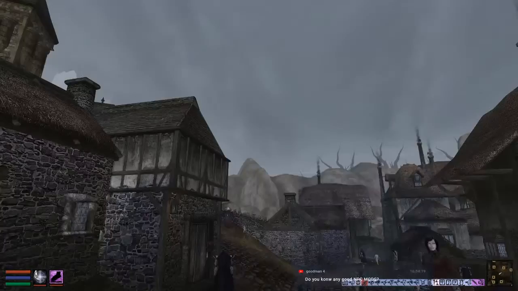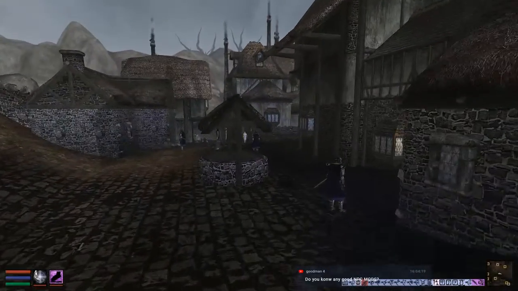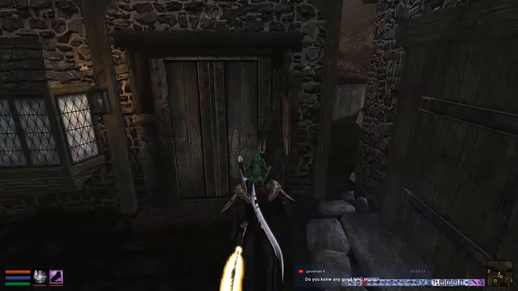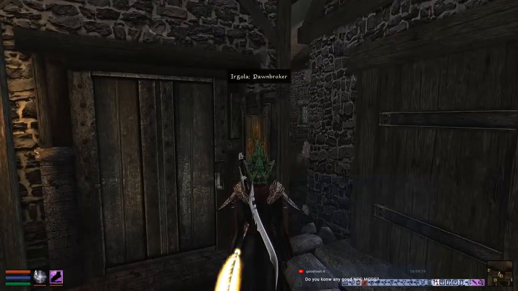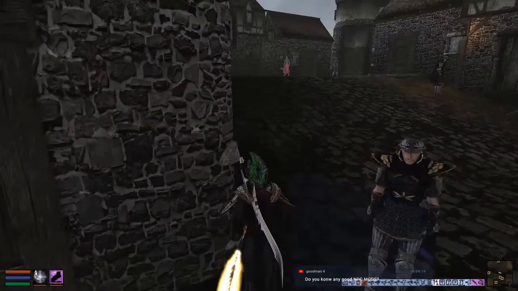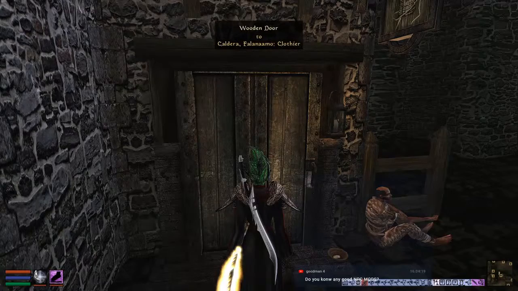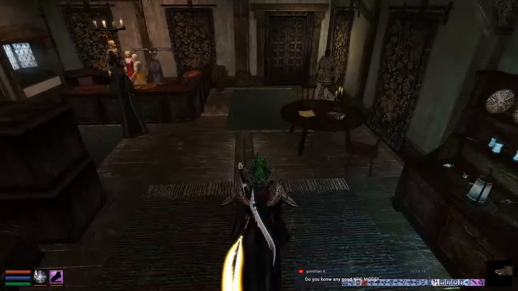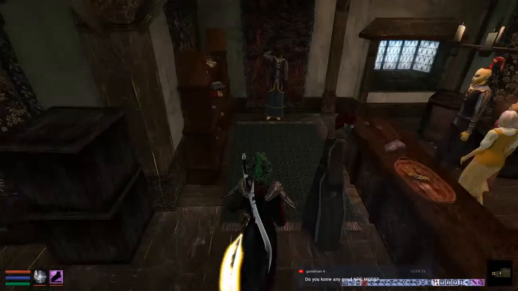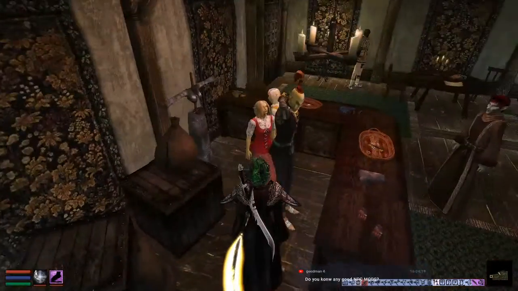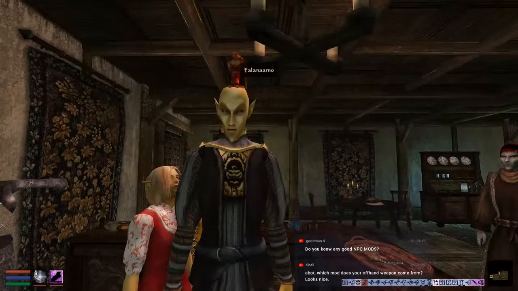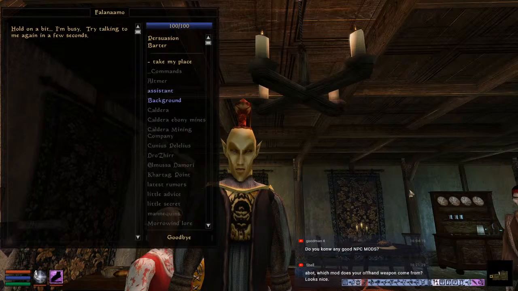So, if I recall correctly, I entered one shop last time to see the news. Maybe it was Falanamo? Falanimo? I don't know how to say it. Oh yes, the clothier here. And I think it should be one. Oh yes. So I think that the mod is adding this new topic about helping Falanimo,